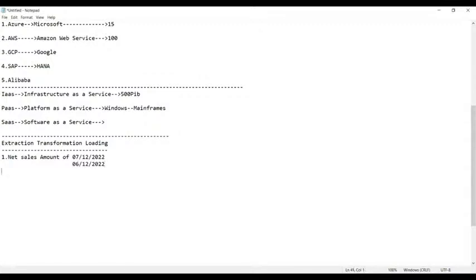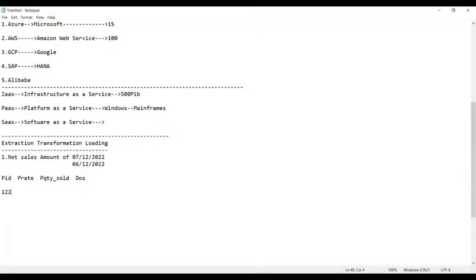This is the data. Let us see the data. You have the product ID, PID stands for product ID. Then we have product rate and product quantity sold. And then we have the date of sales, DOS stands for date of sales.